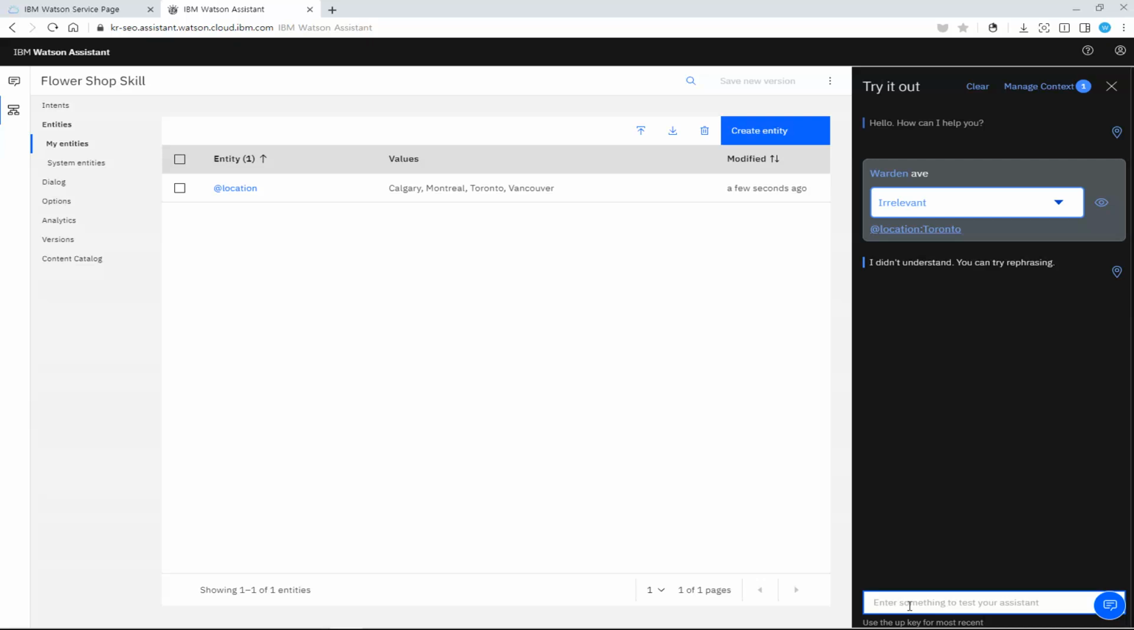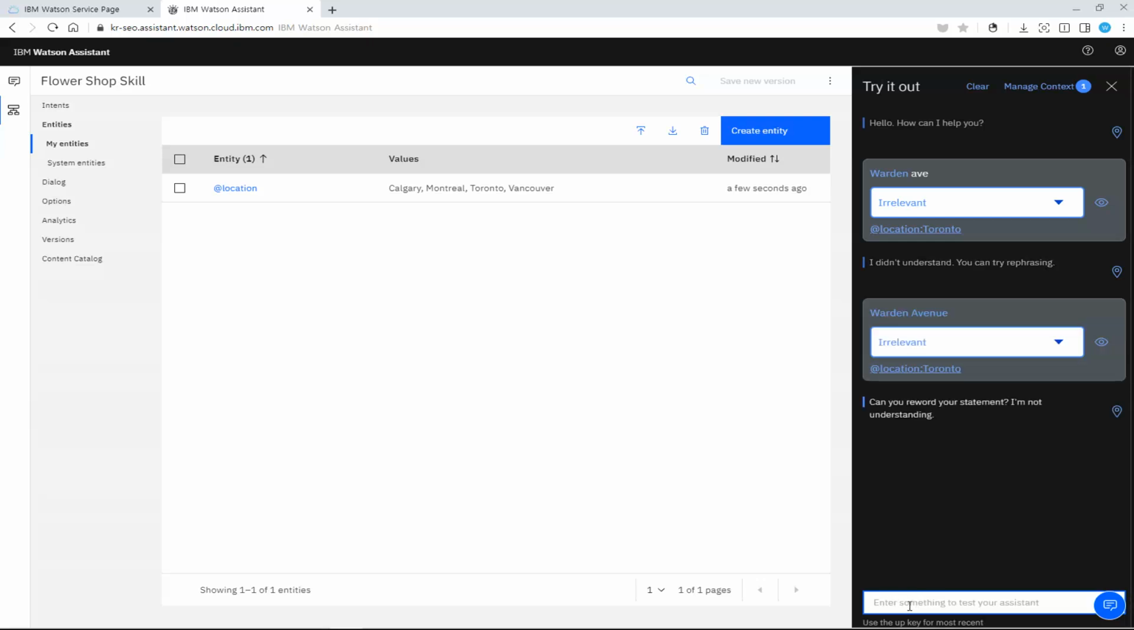Right? Then "Warden Avenue." Irrelevant. But still, you see location Toronto and Toronto. See? Even though we haven't entered Warden Avenue spelled exactly as defined in the synonyms, fuzzy matching helps our chatbot detect